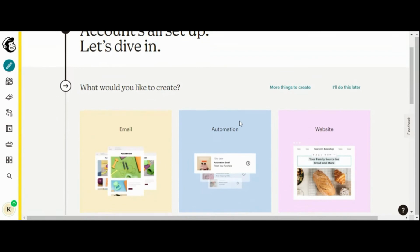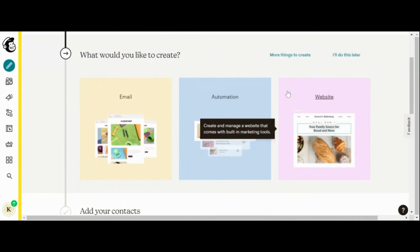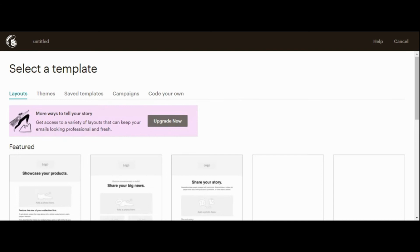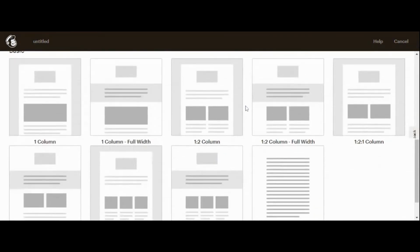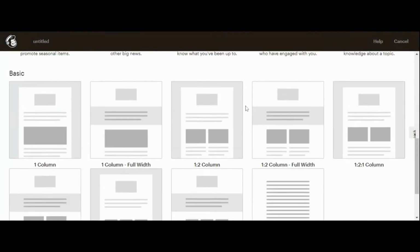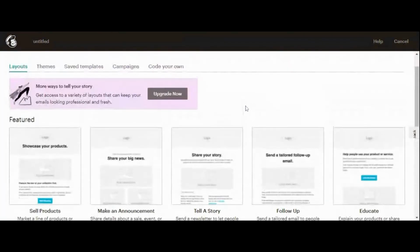understand the dashboard. So let's say, and I won't go through the entire process today, but you should take a look at this and set up an account over the next few days. Let's say I want to create an email. I would just click on that, and that would open up the template dashboard. And once the template board is opened up, all I need to do is just sort of scroll through a template that I like, and you see there's different types of templates, and pick one to be able to build